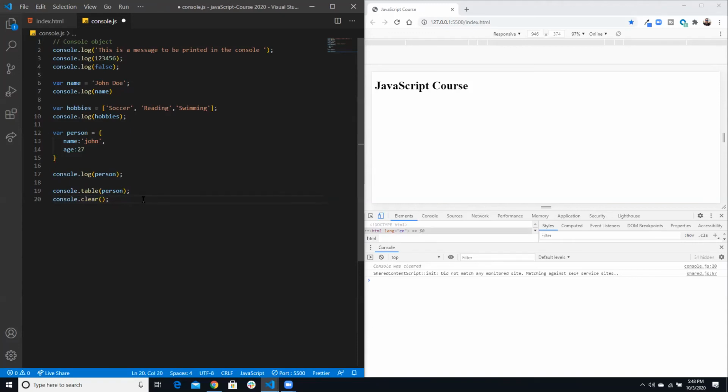So console.clear will clear your console. I'm going to add here a comment. As we mentioned, for the comment, you do a line comment by two forward slashes. So I'm going to do clear